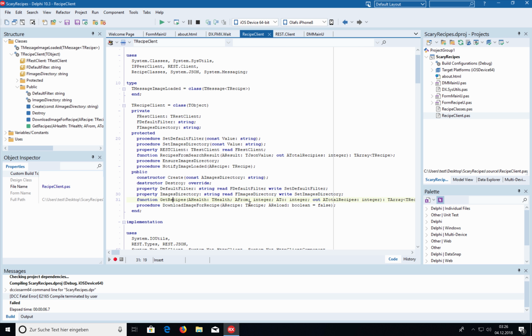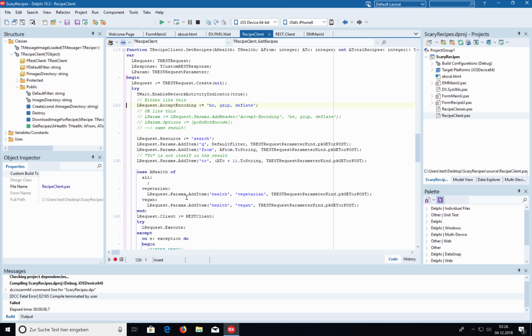So just, give me recipes. Recipes is done like this. We have a request. We have parameters that we need to add to the actual REST request. So there are many details that are hidden from the user of this recipe client,